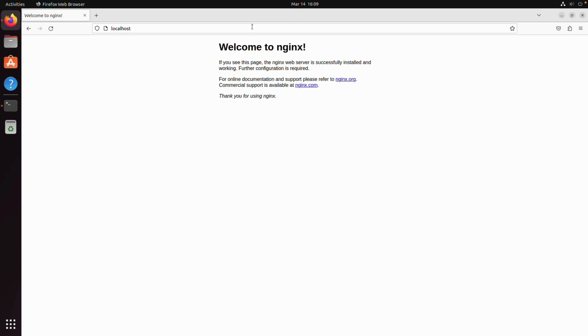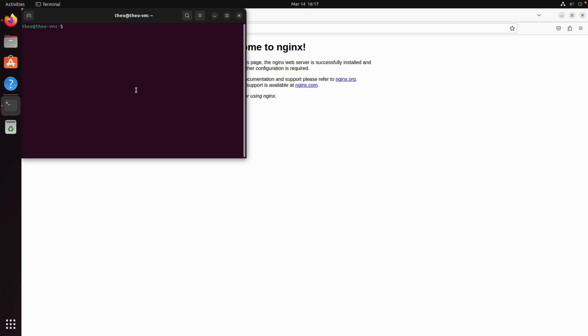Now we need to configure NGINX so that it actually shows what we want. NGINX can do a lot of really cool things. We can have it act as a reverse proxy so that it will forward traffic to a different web server, or we could have it be our web server and host our static assets for us. But I'm going to show you how to use it as a reverse proxy so that it can forward traffic to other servers. So to do this, we need to go back to our terminal, and we need to type